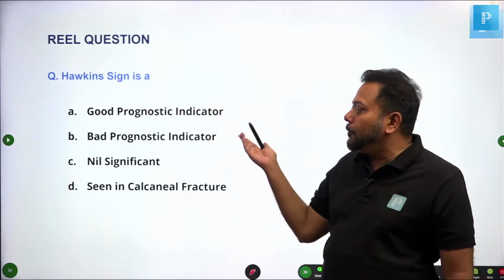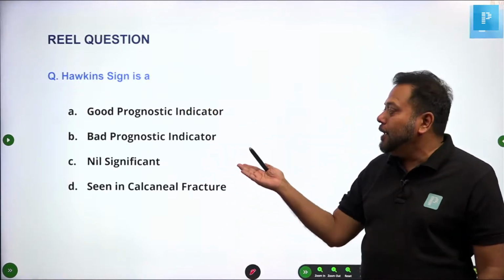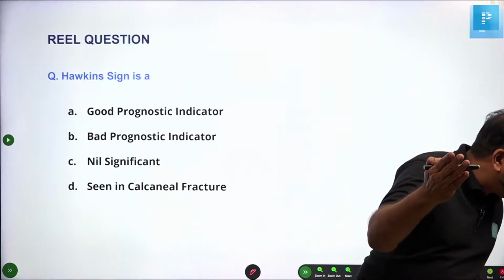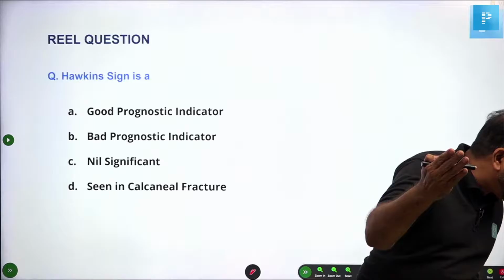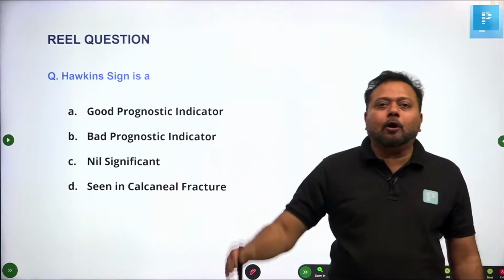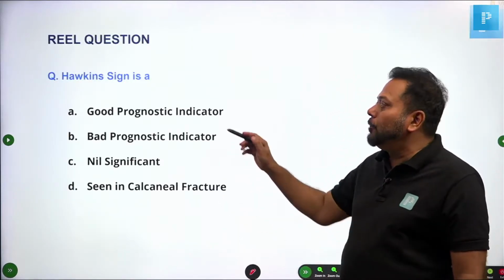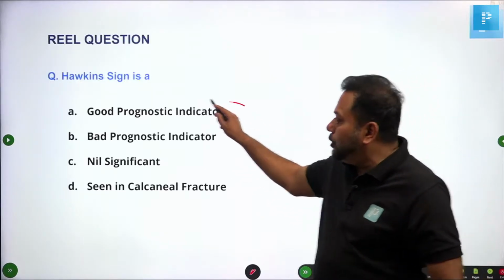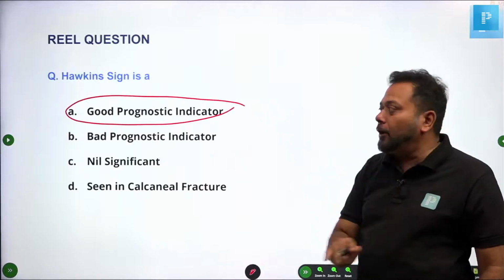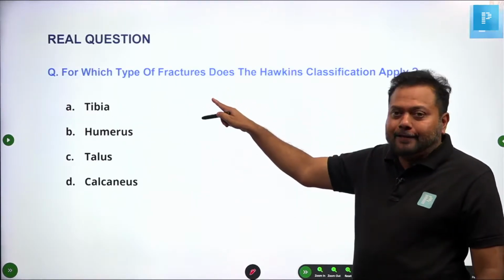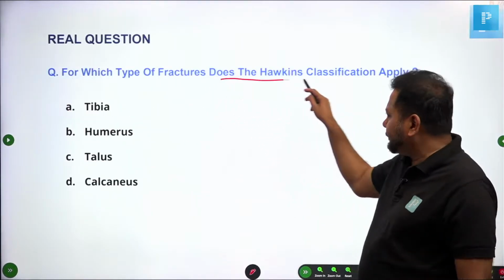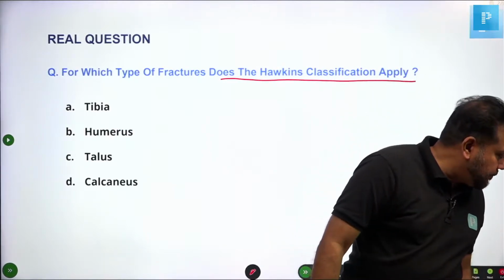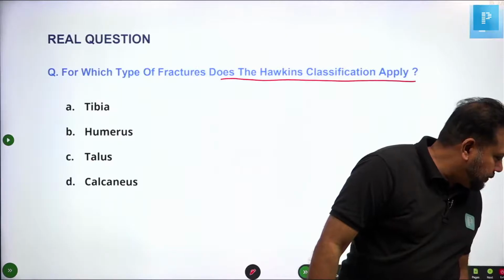Hawkins sign is a good prognostic indicator, bad prognostic indicator, nil significant, seen in calcaneal fracture. All of you have already answered it. Excellent. Very good. Hawkins sign is this. I framed this question. I will show you the real question. It's a good prognostic indicator. I will explain what this is. Now, this is the real INI-CET question. For which type of fracture does the Hawkins classification apply? The answer is